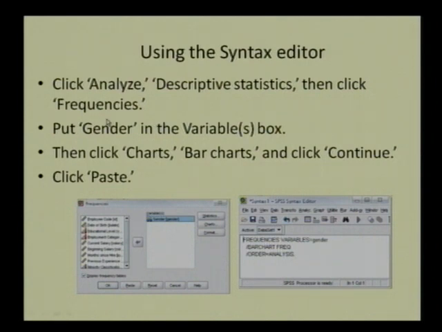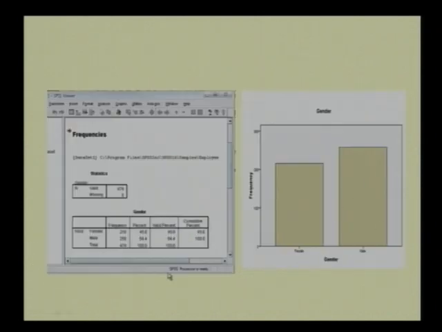Every time you wish to analyze this data, as I said, you have to make it syntax-based programming. So repeat the same process: enter the gender, click on the chart. Instead of giving the OK, if you give the OK, what happens? You can have this window come into your output window as well as this chart come into the picture. But I don't want to click OK.